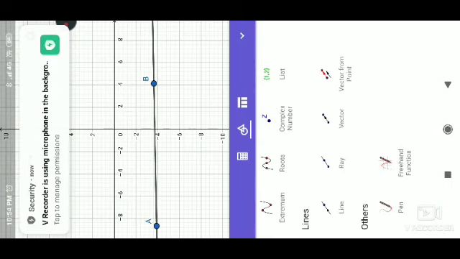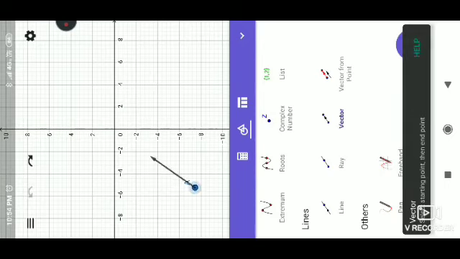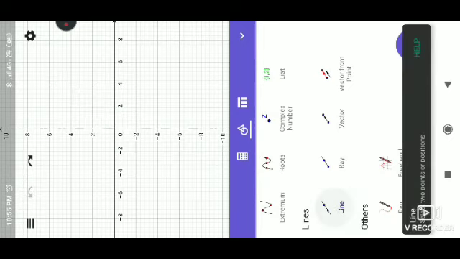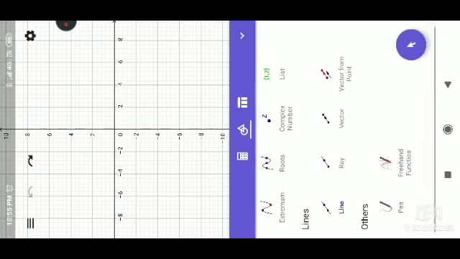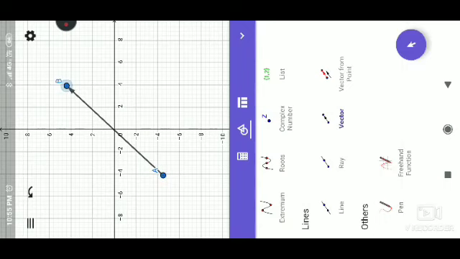Afterwards we will see how to draw an arrow. First of all I will delete all this. Select this vector. If you try to draw, you will see this is the arrow, these are the arrows. Okay, so I will show you concurrent lines and the point of concurrence. Suppose I draw this line, I will start with a ray only. So this is the ray AB. Then this is the ray CD,